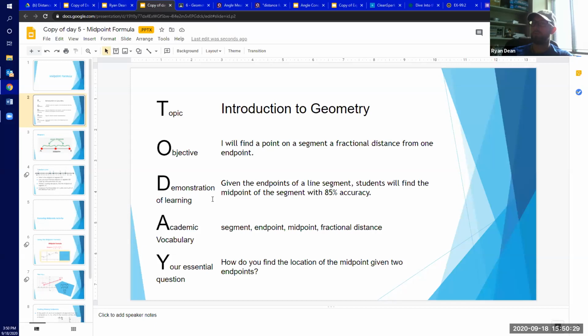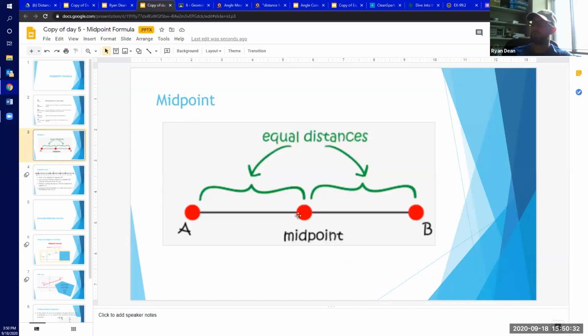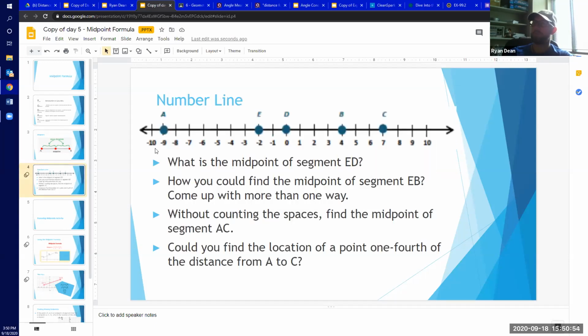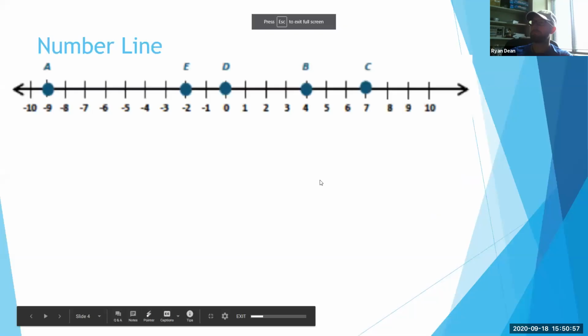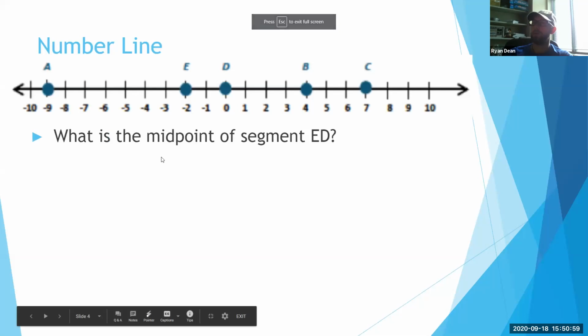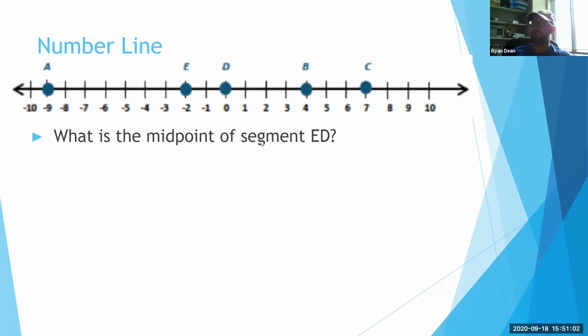So let's first talk about what midpoints are. We've talked about this previously in other lessons, but just as a refresher, a midpoint is in the middle of two other points. And what that means for us is that when I go from one endpoint to the middle, it's going to be the same distance as going from the other endpoint to the middle. So we're going to take a look here at this number line, and the first thing we're going to do is find the midpoint of segment ED. So when we take a look at segment ED,